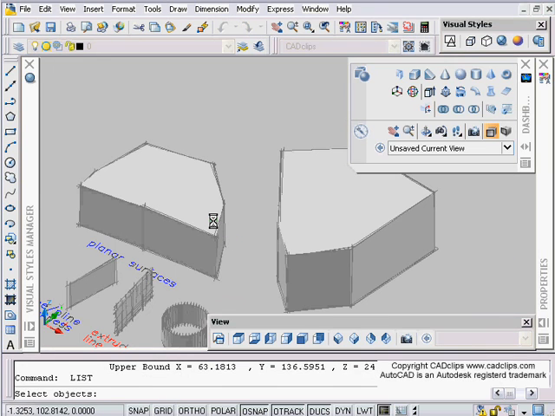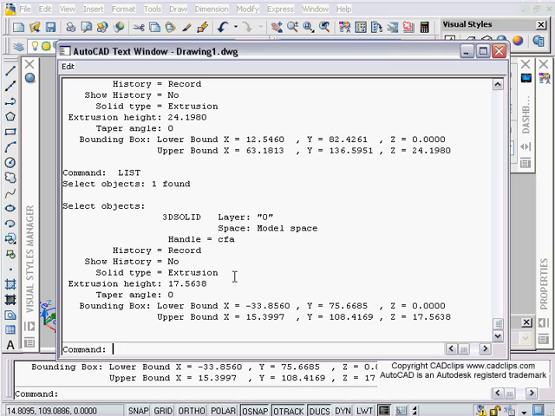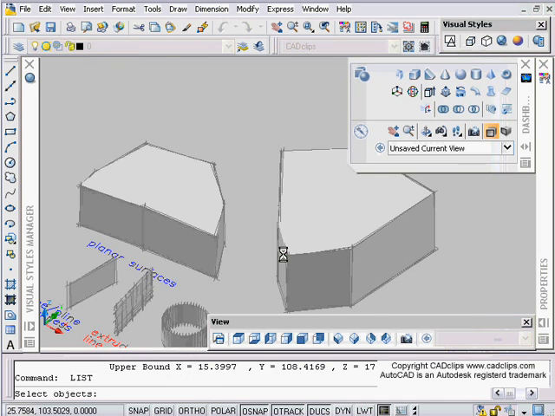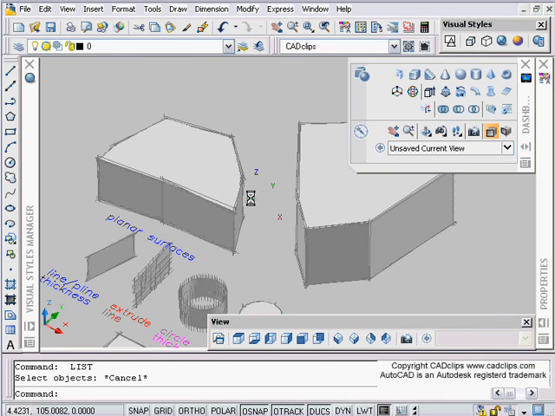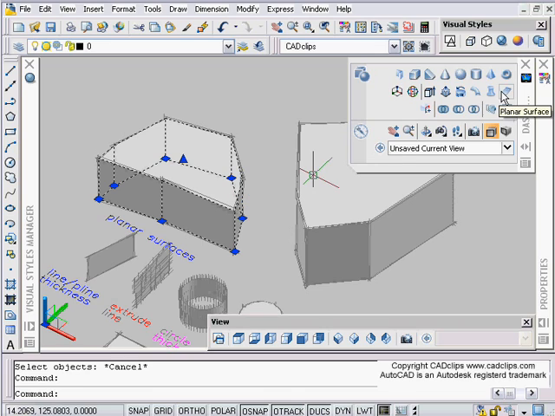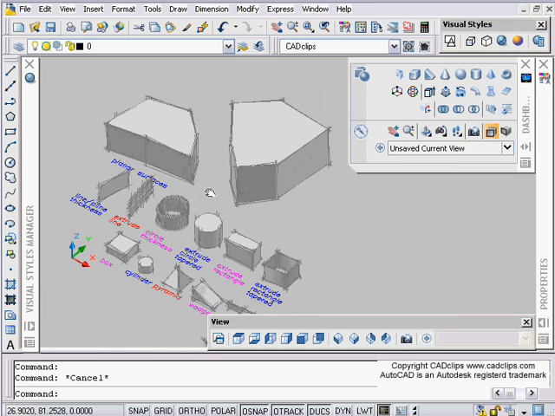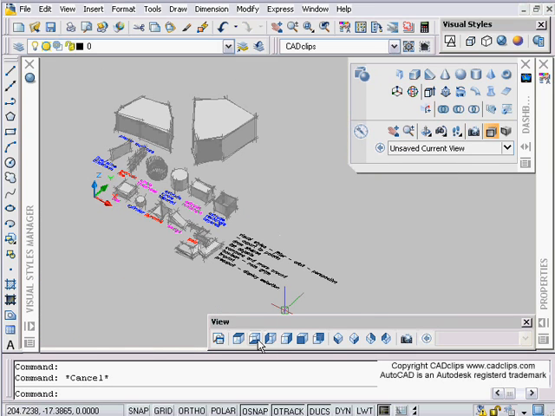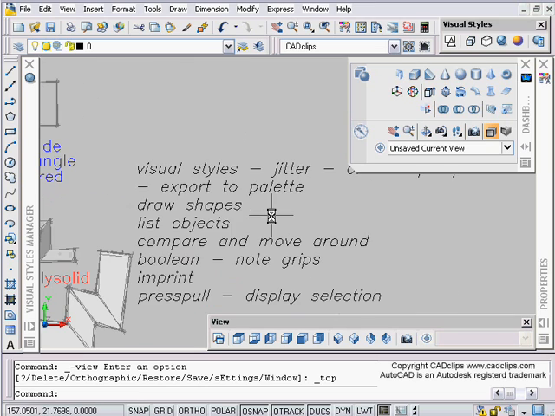So one was a polyline 3D, so there doesn't seem to be too big of a difference. Okay, but you can do different things with surfaces. So a polyline extruded, polyline converted to a planar surface. Okay, we'll talk more about that, and then that being extruded. Okay, just some more